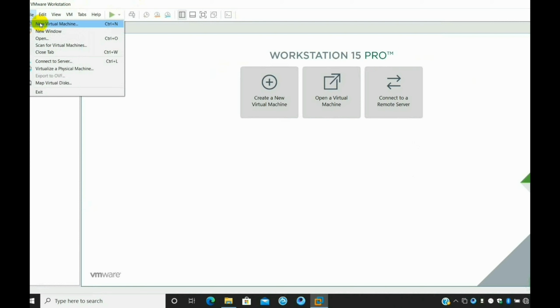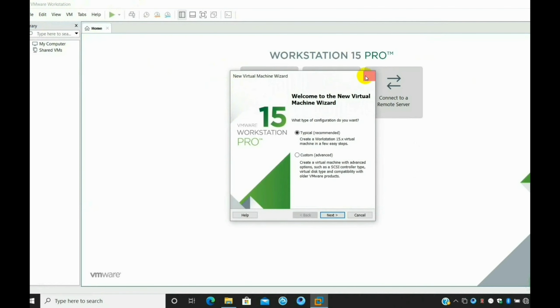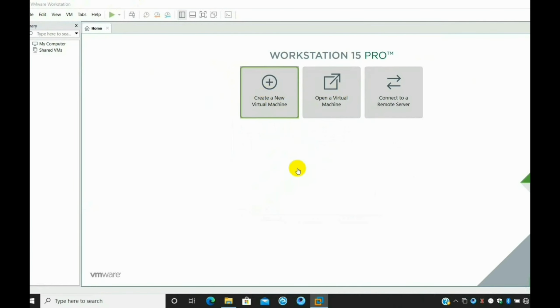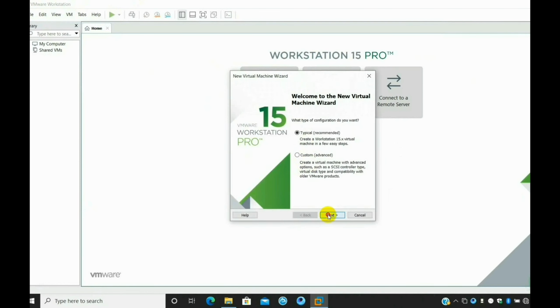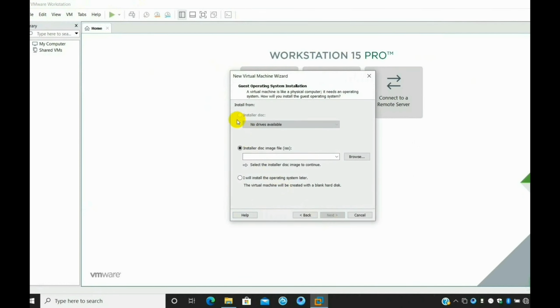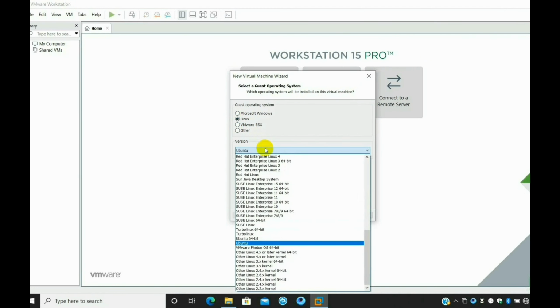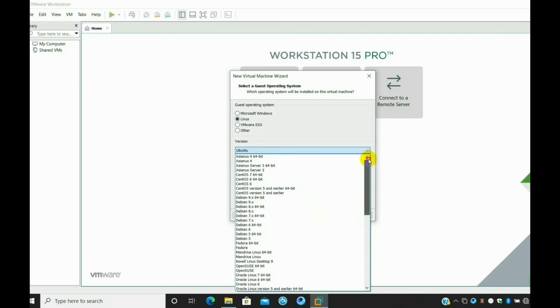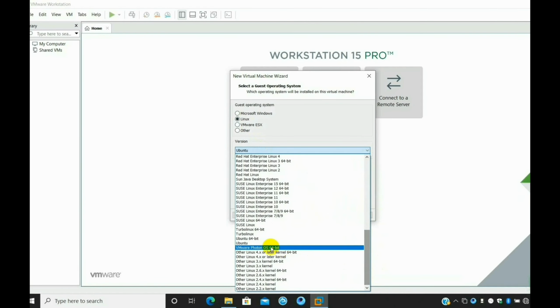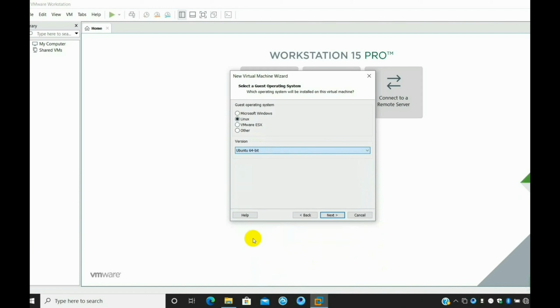Now we are going to create the new virtual machine. We select create the new virtual machine, and then select next, and then we select the installer disk ISO. Right now I select no installer disk, and now I select the Linux, and here in version I select the Ubuntu 64-bit because I don't have the Kali in that list. And we will click after this on next,